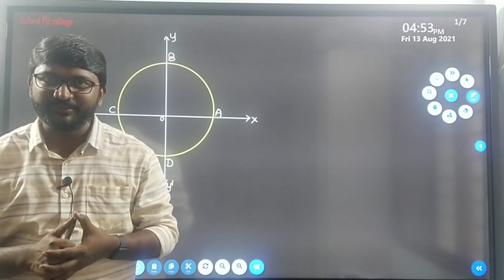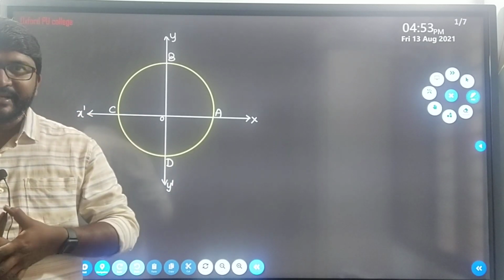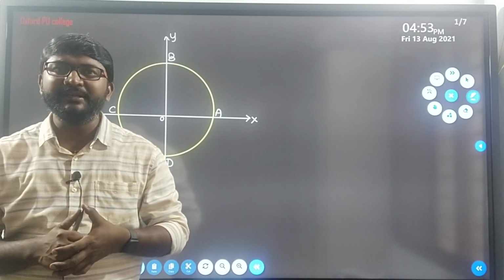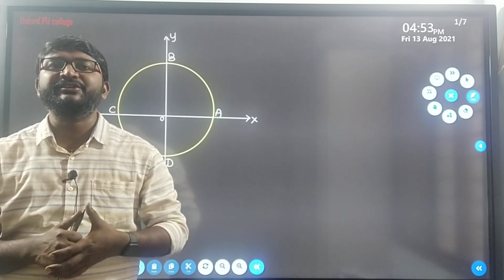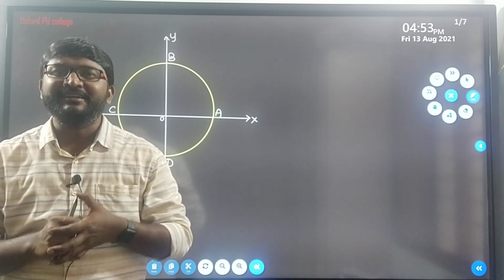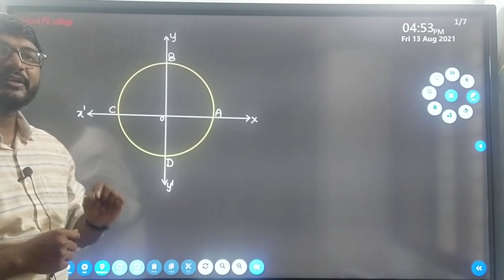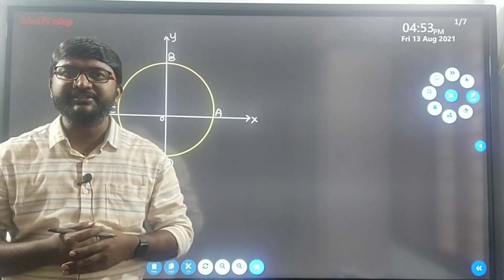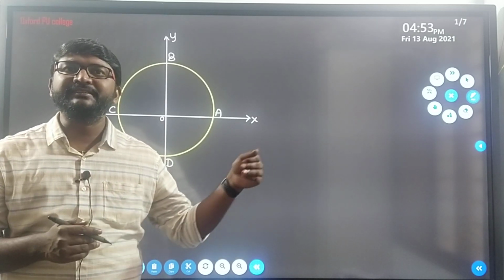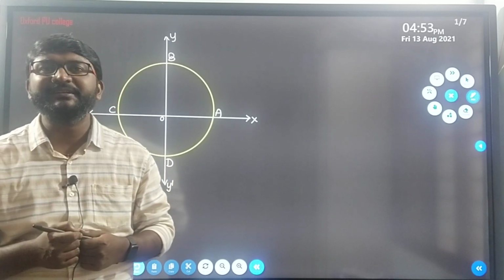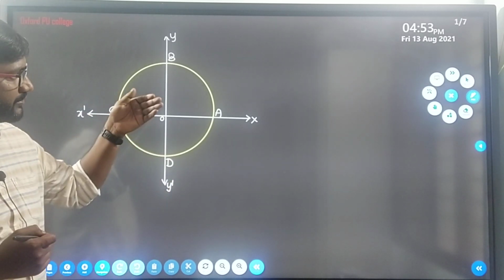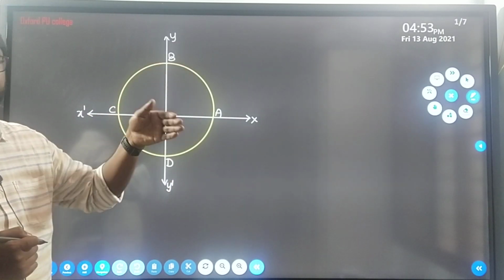So in the last class we started with the Exercise 3.2 introduction, and we gave the table for all the trigonometric ratios, with the angles in radians. In today's class we are going to discuss some of the important conditions, and later we will be discussing the sign of trigonometric functions. Out of those four conditions, I will start with two conditions.